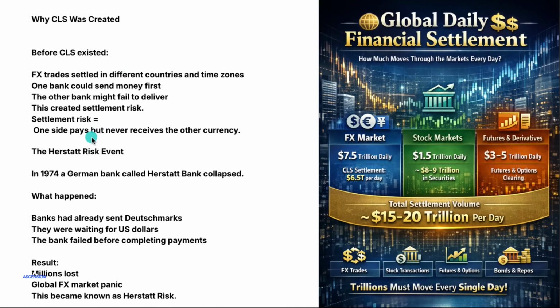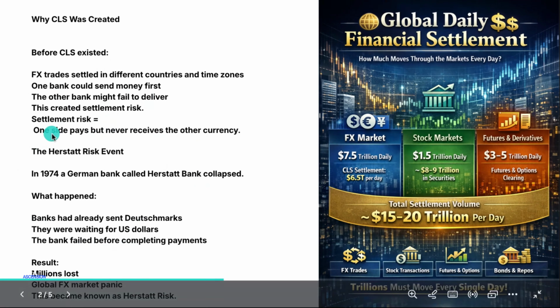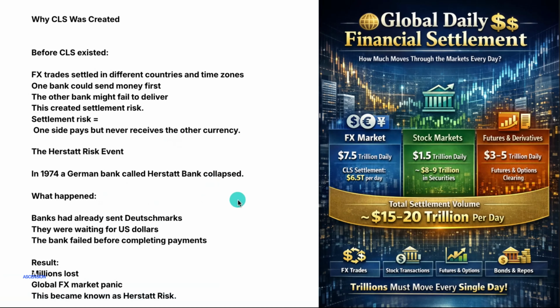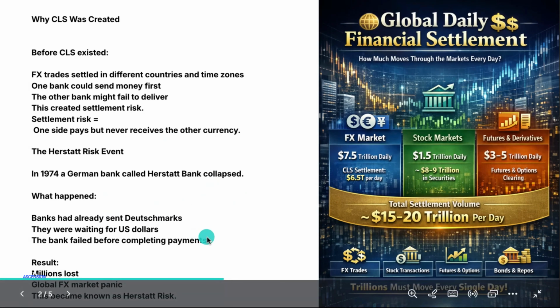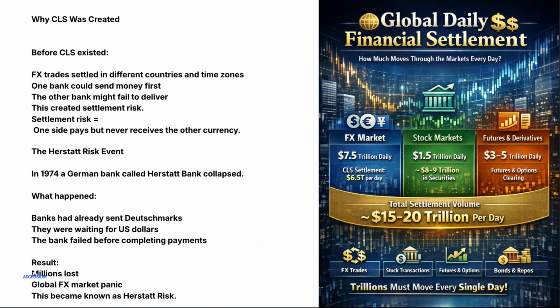So basically what happens is one side would pay, but never receives the other currency. This poses huge risk to the banks in terms of capital. What actually caused this whole settlement system to be created was the Herstatt risk event. In 1974, a German bank called Herstatt Bank collapsed. So what actually happened? Banks had already sent Deutschmarks, which was a German currency at the time, and they were